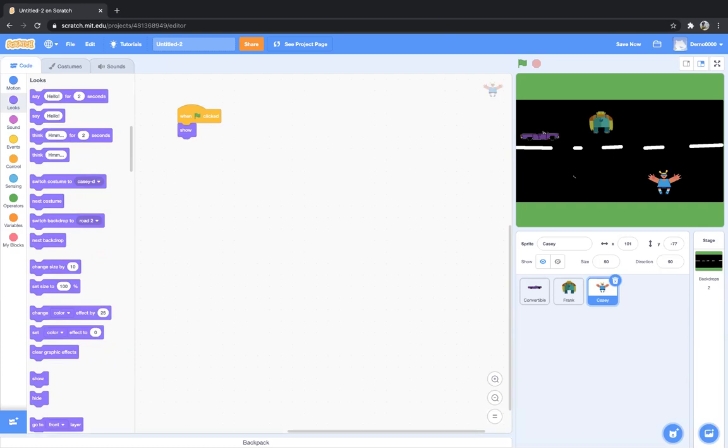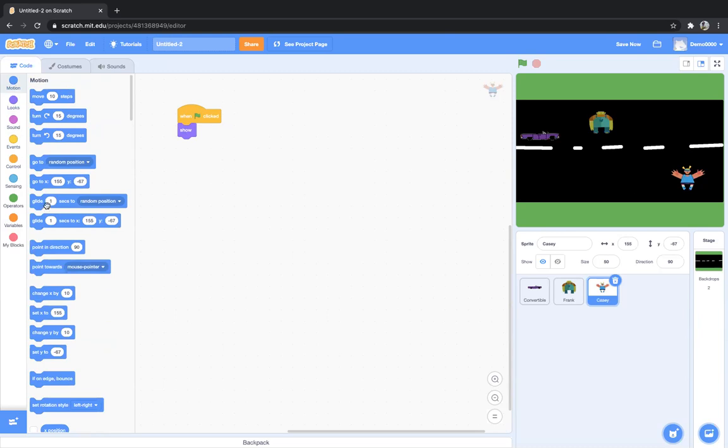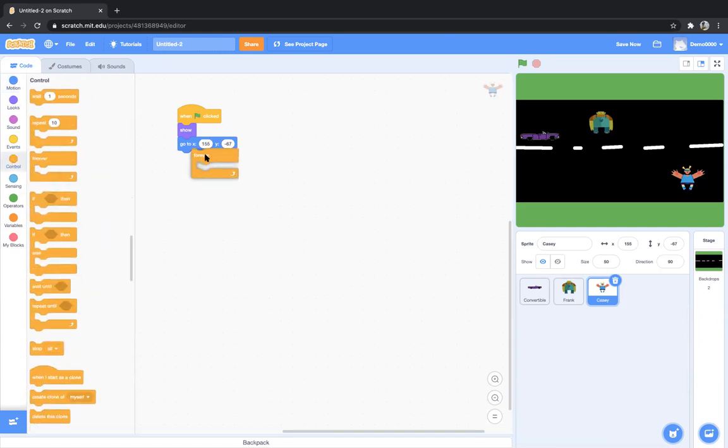Now we have to give an initial position for Casey. So let's say Casey needs to start from here. Then I'll go to motion and use the block go to X and Y. The next thing we want is for Casey to glide in the same way Frank is gliding. So I'll go to control and take the forever block.